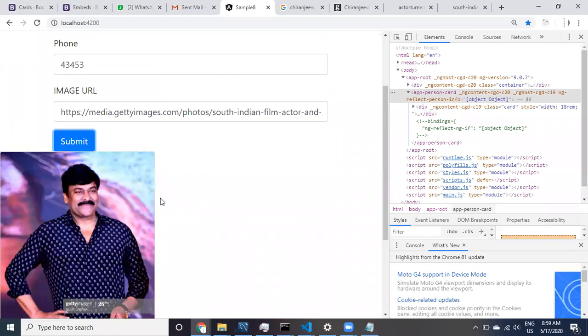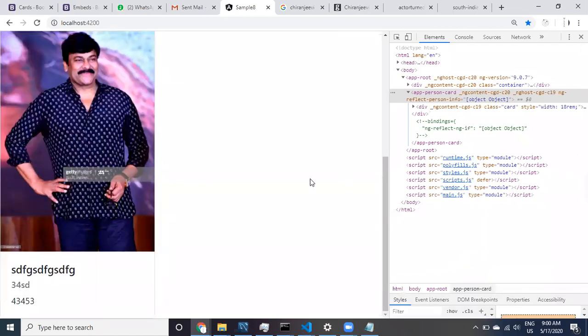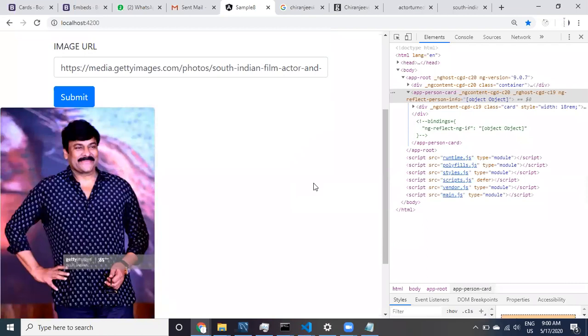We are referring to images from the internet using URLs. Make sure when you are working with this application, your system is connected to the internet, otherwise URLs are not going to work. This is what we have covered.